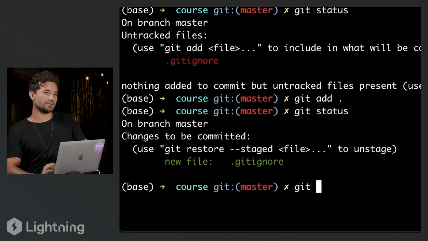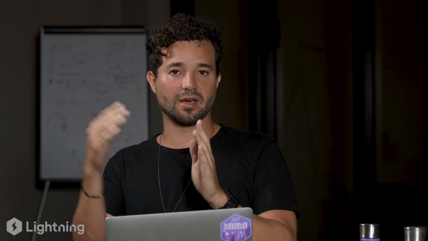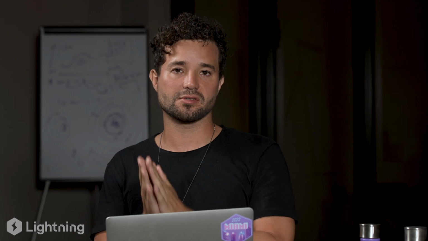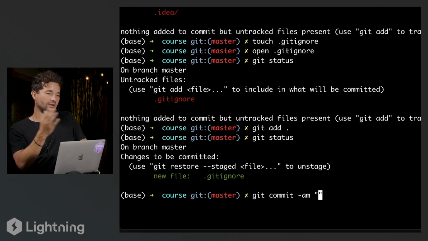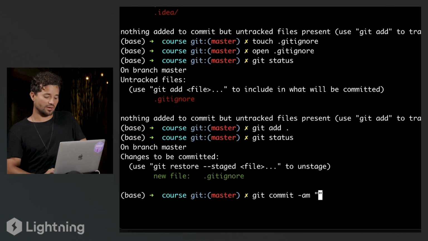Remember, the process is you add what you want to track, you make the changes. When you're satisfied with the changes, you commit those changes. So I'm going to say git commit -am again. And this is a shortcut so you can add the message on there as well. And I'm saying added